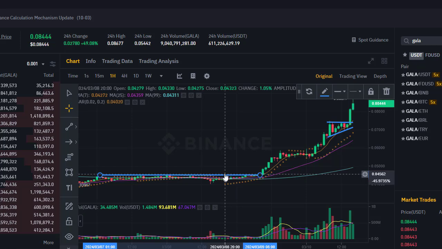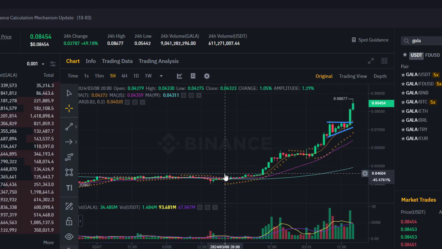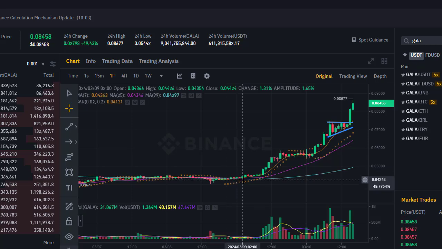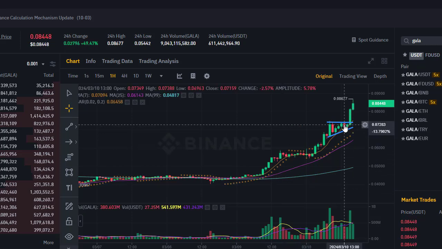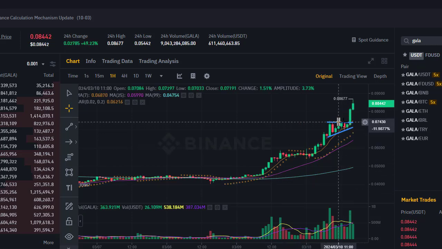You probably know that feeling if you've been trading before. You keep waiting, and when do you go in? And finding an entry is just as difficult as finding an exit. It's not easy. Psychologically, it's a very tough game to play. It's utterly fascinating from a psychological perspective as to the price action. So at the moment, I'm still very bullish on Gala.